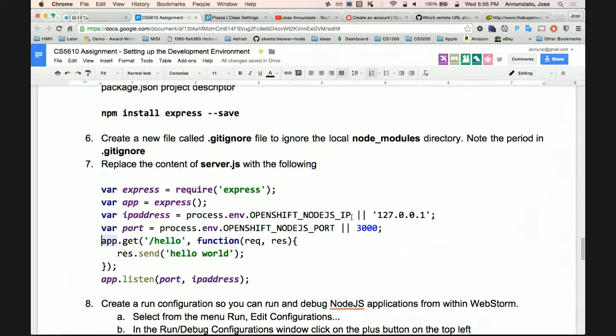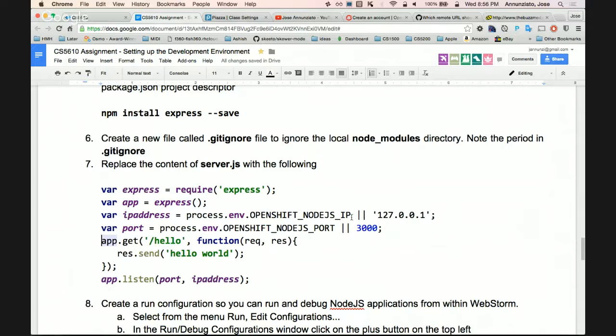If you're running Node.js locally on your machine, this will not be defined in your local machine, so it'll choose this string instead. Same thing here. If it's running in the remote machine, this will be defined, and it will choose that remote port.